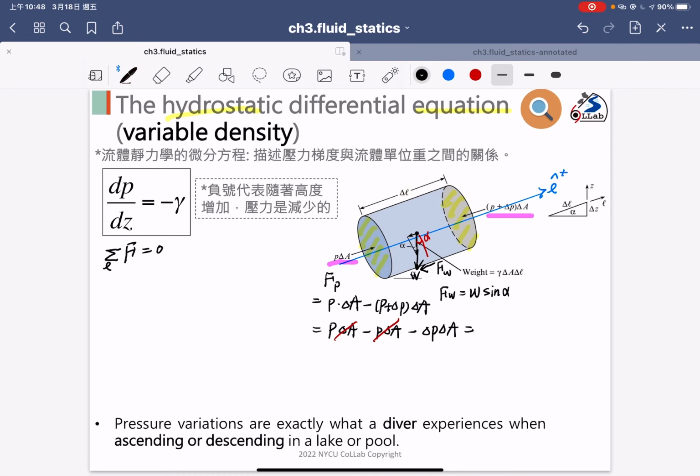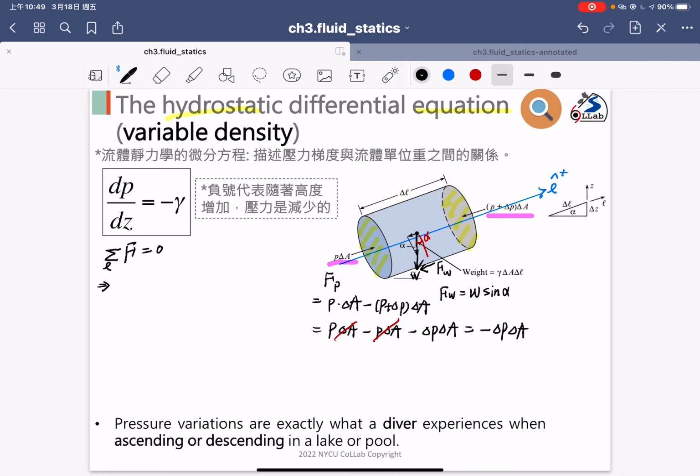So we only have the delta P multiplied by delta A. So we only have the two forces along the arrow directions. One is the pressure force. Another one is the force caused by the fluid weight. Okay, so we can go back to here, and based on the force balance,